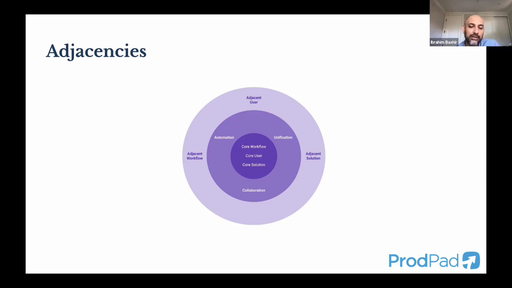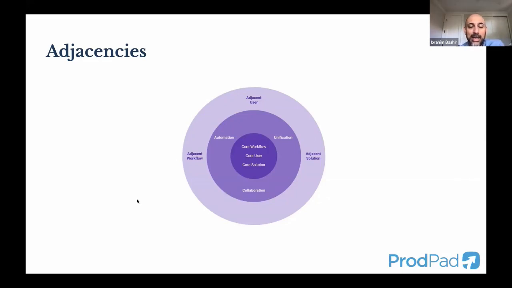You can also tackle it through unification, which is, hey, instead of using tool X and then jumping to tool Y, let's just unify that workflow so that it's happening in one place. And the third can be collaboration. Somebody asked about collaboration, and I think it's becoming a more and more common dimension of enterprise products. If you're working in any kind of team environment, a lot of times you can say, hey, I've got a core user, but they have other people in their pod or their cross-functional team. How do I get them to collaborate in the product?